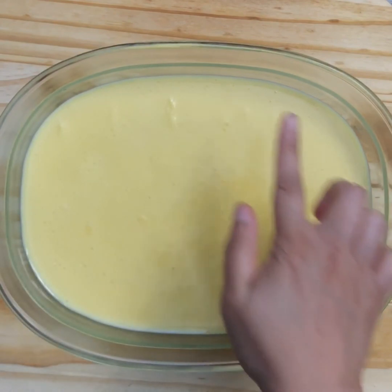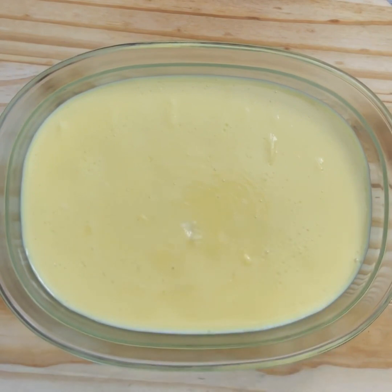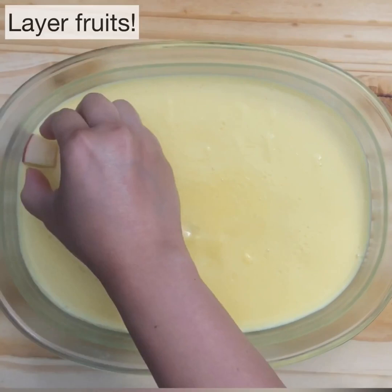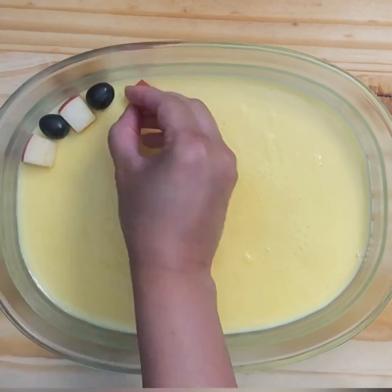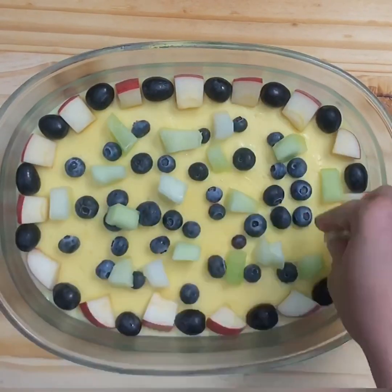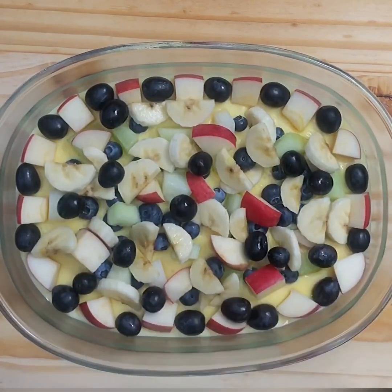Not really. It's still a little jiggly. Yikes. Okay, so back into the fridge for another 15 minutes and now it seems good. Okay, all done. Now let's layer our fruits. You know that the custard layer is nice and firm if your fruits don't sink inside. I bordered the dish with apple pieces and grapes so it looks pretty from the sides, but you obviously don't